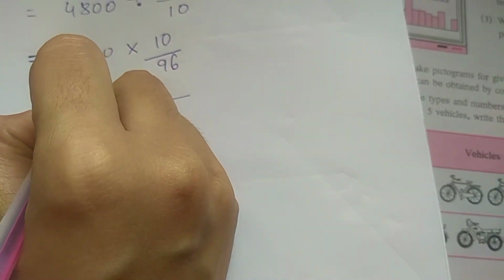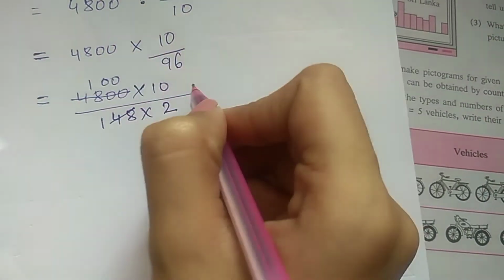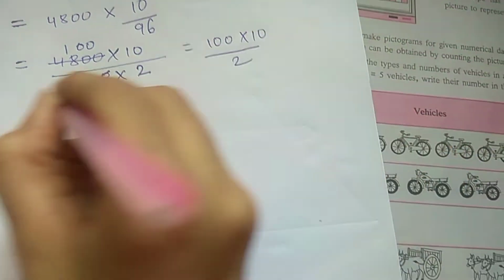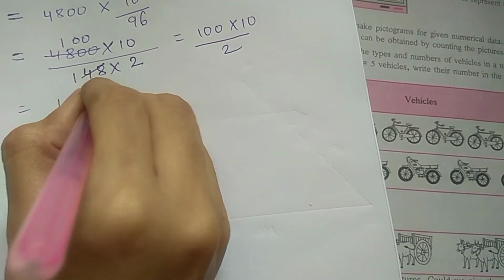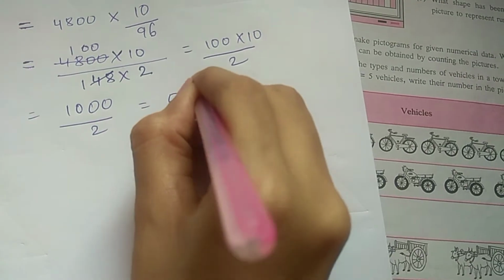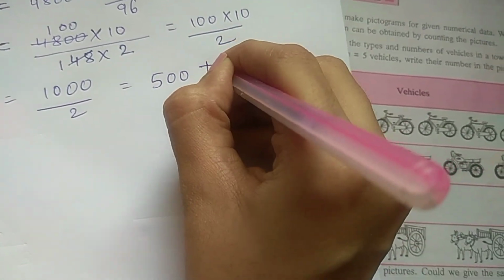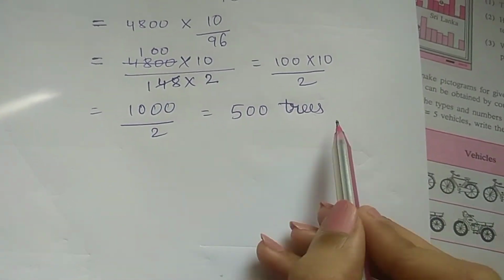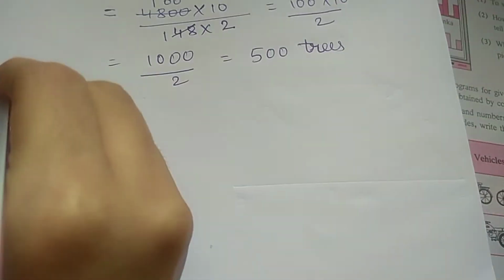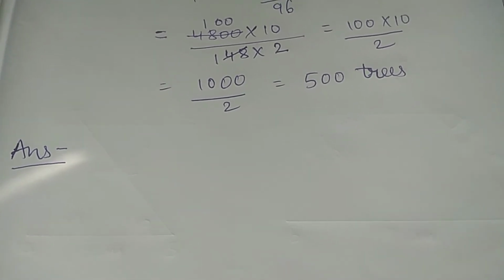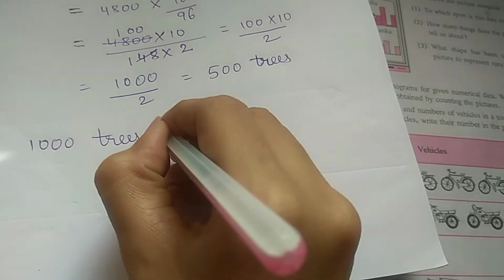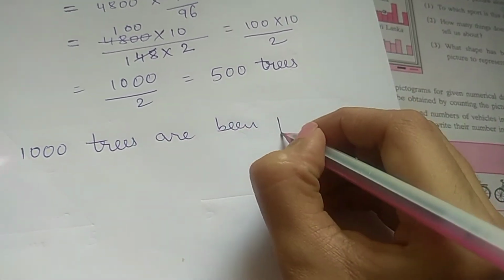48 ones are 48. 2 zeros. So 100 into 10 upon 2. 100 into 10 is 1000 upon 2, which gives us 500 trees. Now this was the interval given for one side, means on one side 500 trees are planted. Therefore the answer will be, if on one side 500 trees are planted, then 1000 trees are planted